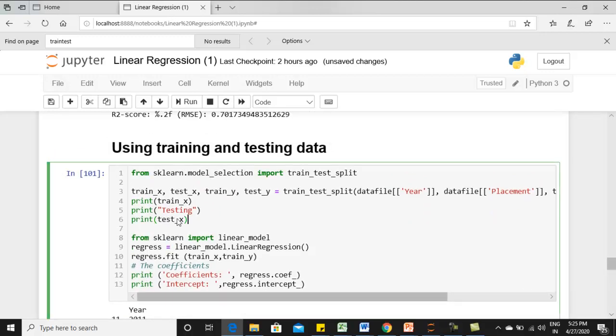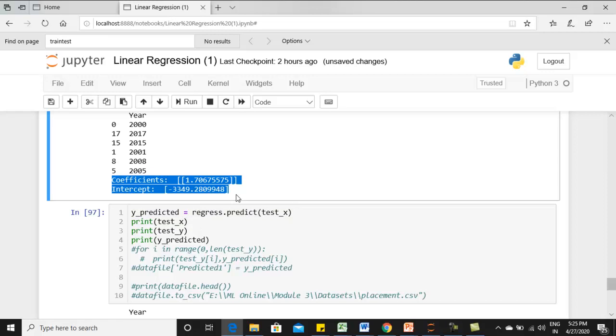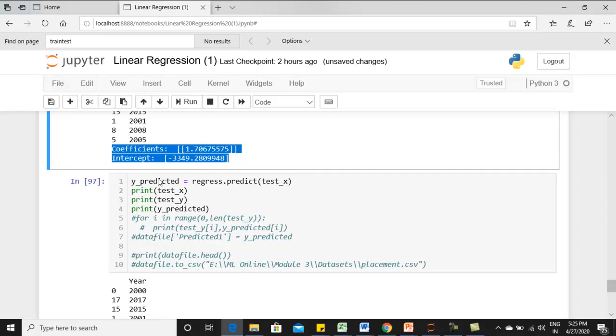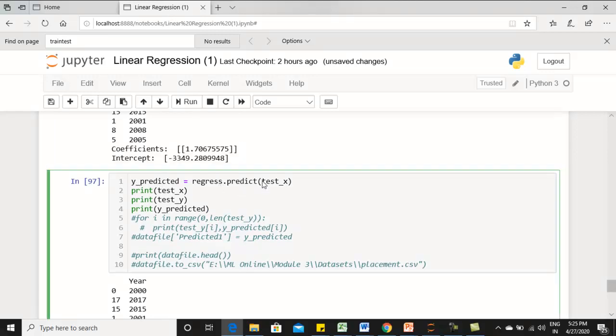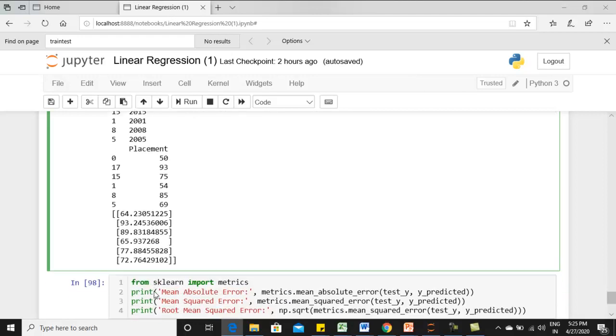Now, having done that, the model has to be fitted with train x and train y. The model has been fitted. You can see there is a slight change in coefficients because the previous model was trained using 20 rows. Now it has been reduced to 14 rows, and accordingly there will be a data loss. Now how to predict? We have to use the testing data set, so test x is what needs to be predicted. In the same way, I have printed the predicted values for the 6 rows.